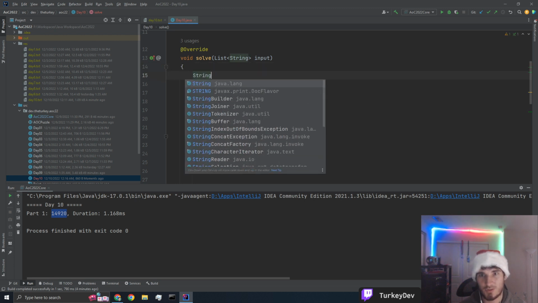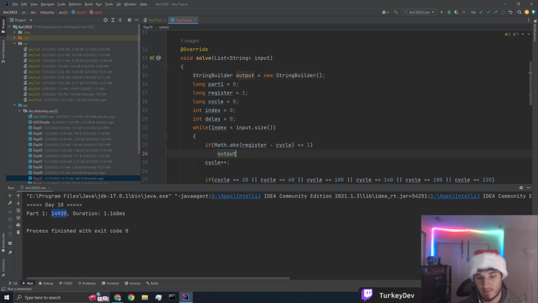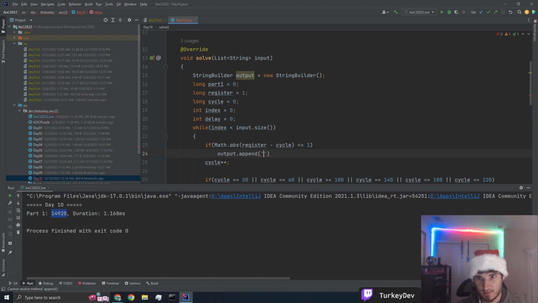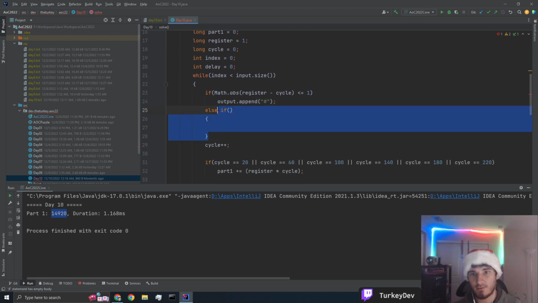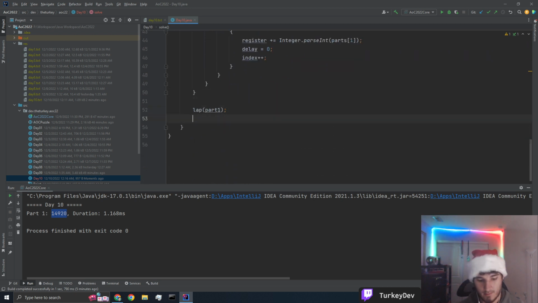I want a string. Let's just do a string builder. This is going to be the output. So if this is the case, output append this. Otherwise, no else if, just else. And then